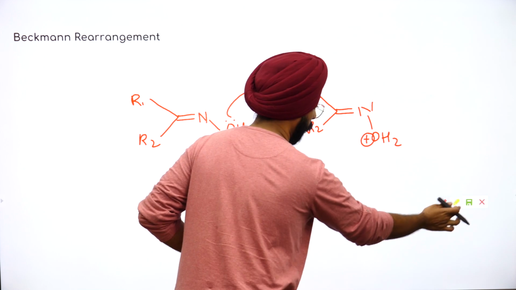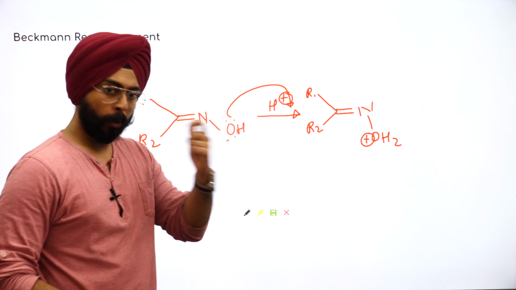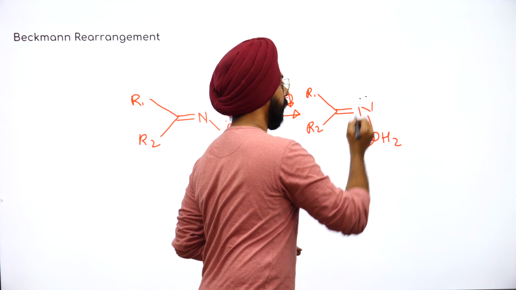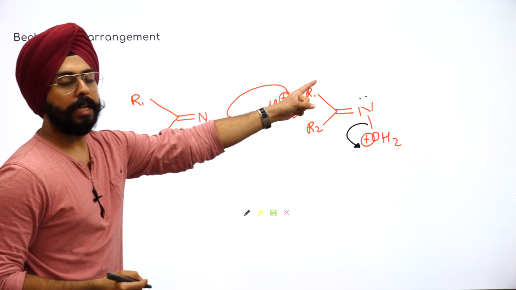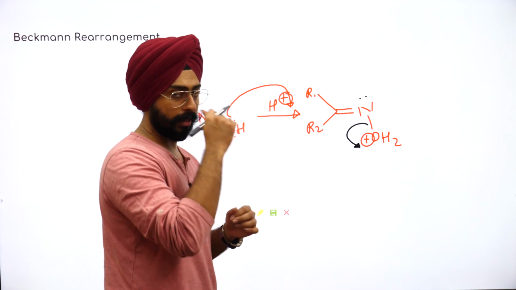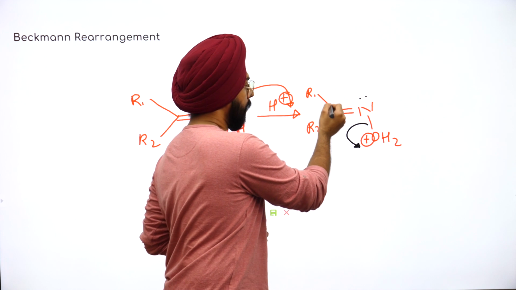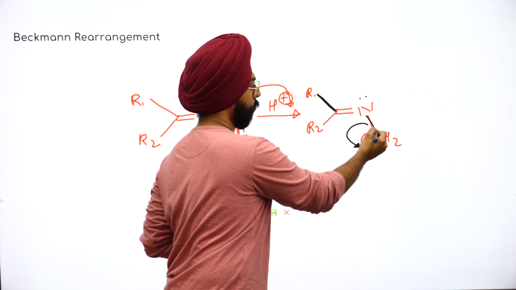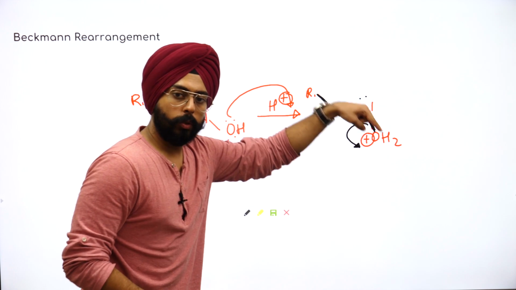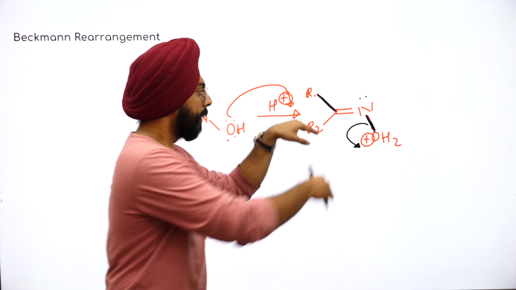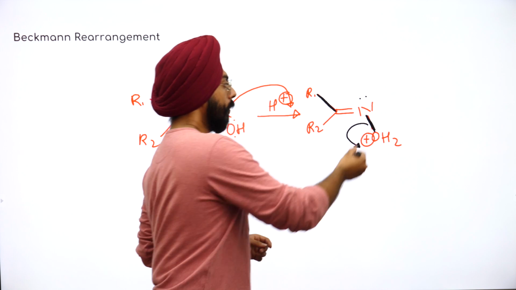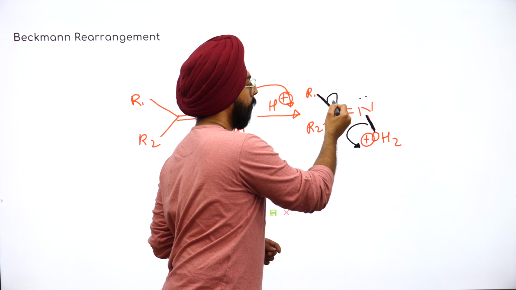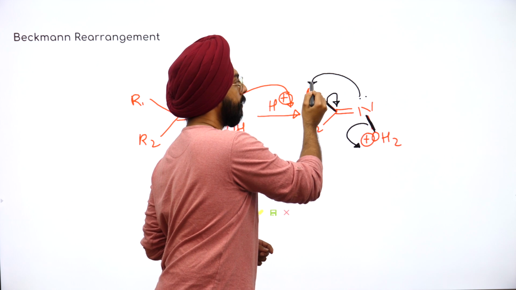इसके बाद ध्यान से देखना क्या होने वाला है. Okay, what happens is OH2 है, it needs electrons, it just pulls these electrons towards itself. This nitrogen of course has a lone pair. Now this step is the most interesting step in Beckmann rearrangement and this is something that you have to keep in mind. What happens is this bond that is there, the carbon with R1 bond, ठीक है, और ये OH2 नीचे था. OH2 is pointing towards the bottom, this is pointing towards the top. These two bonds are anti to each other. So this bond will leave and the bond anti to it will now migrate.